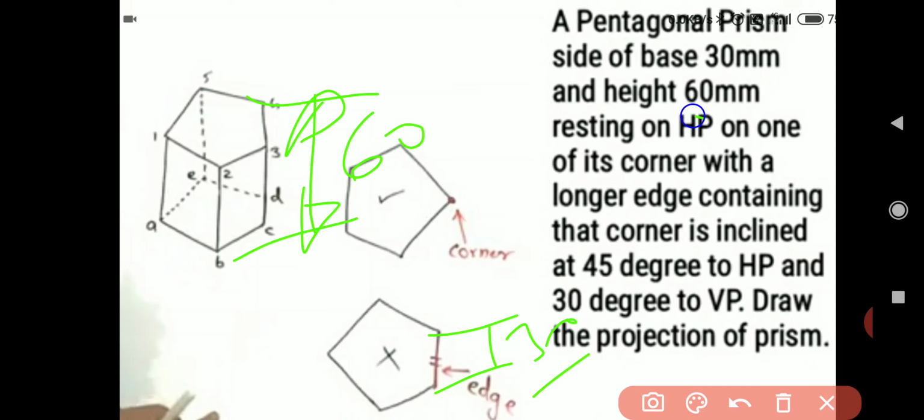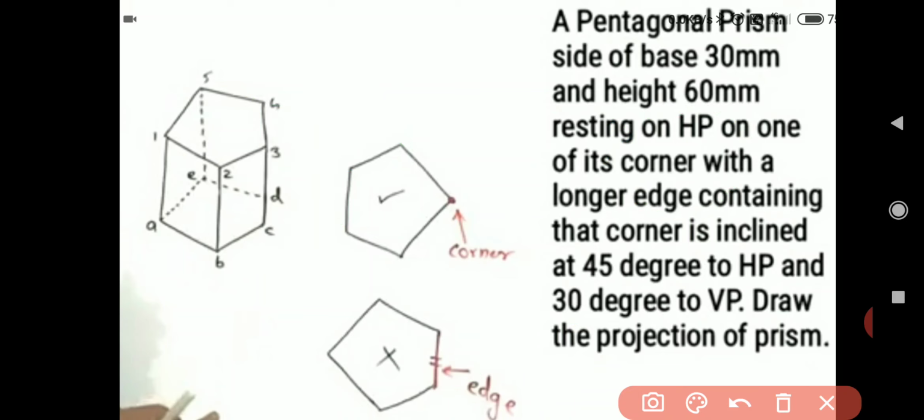One of its corners means a corner is on the right side, in the true surface, the base surface. So the corner must be on the right side with the longer edge. With the longer edge means you place the corner, like if this is a side, this is a corner, and this is the longer side, not this side, it's the longer side. The longer edge containing that corner, the longest side that contains the corner,